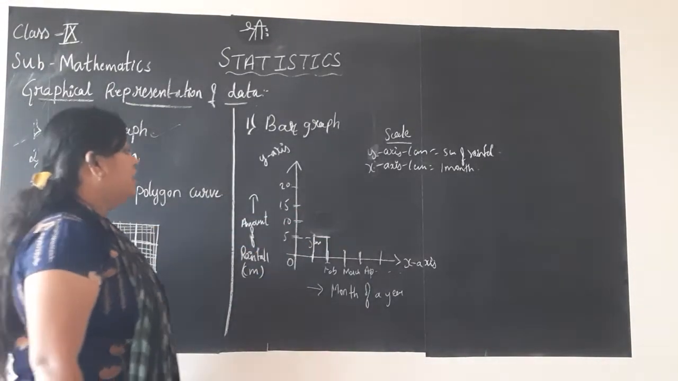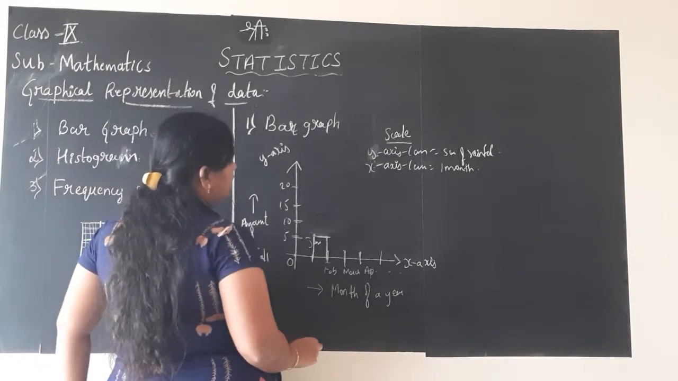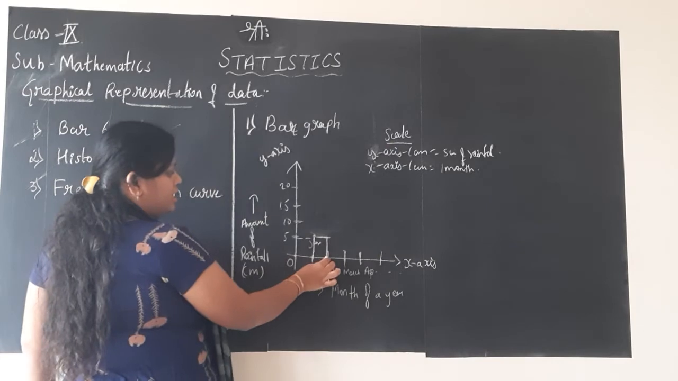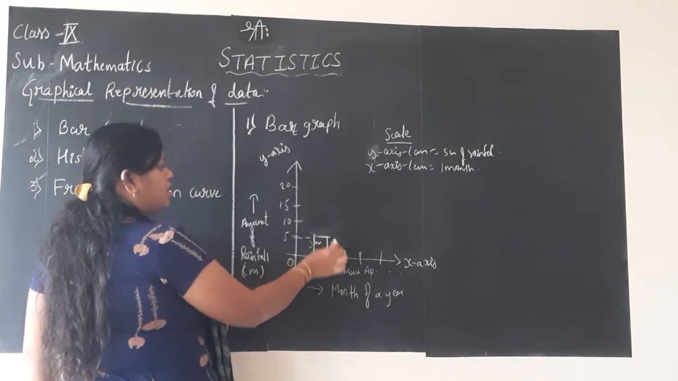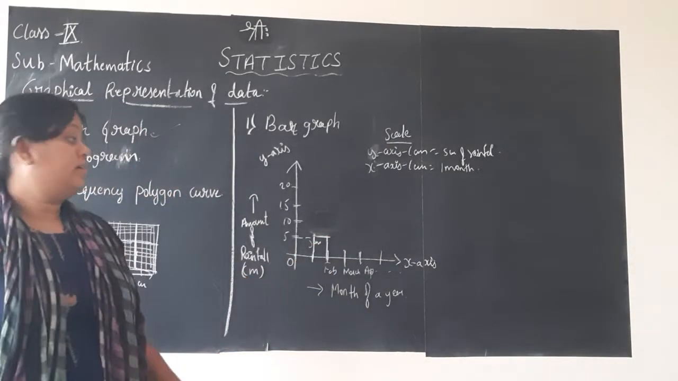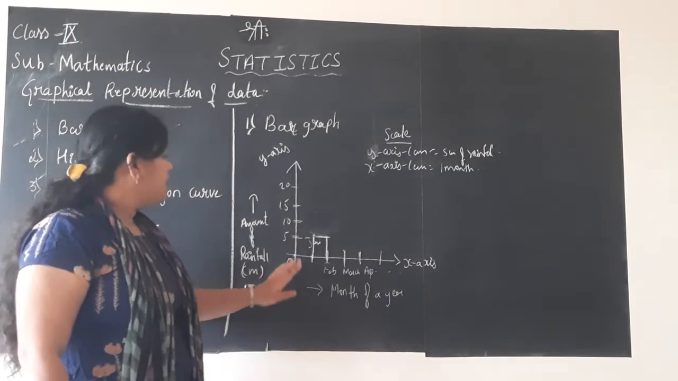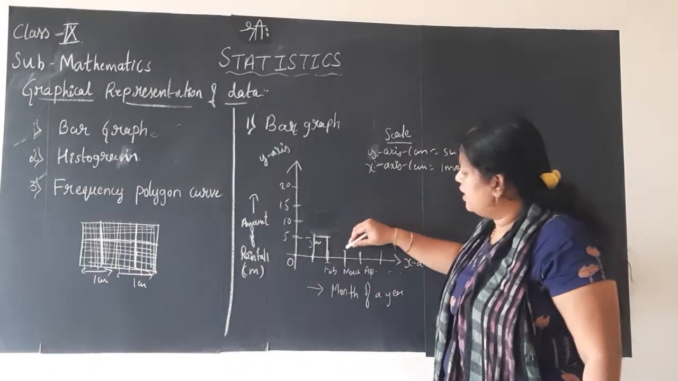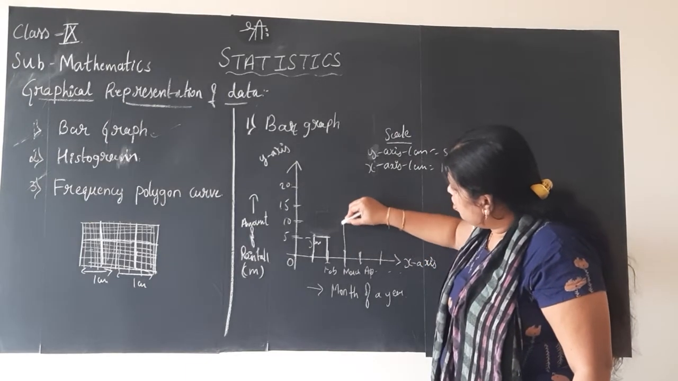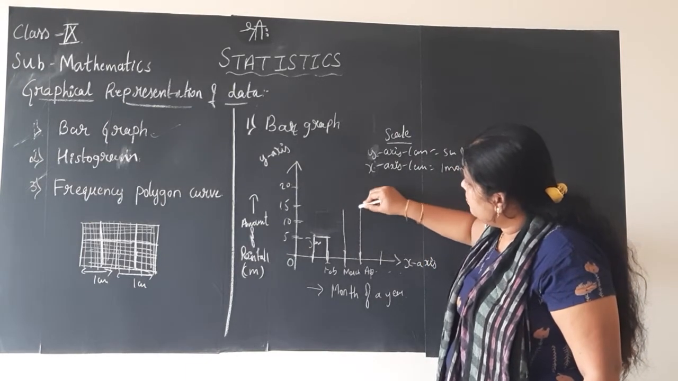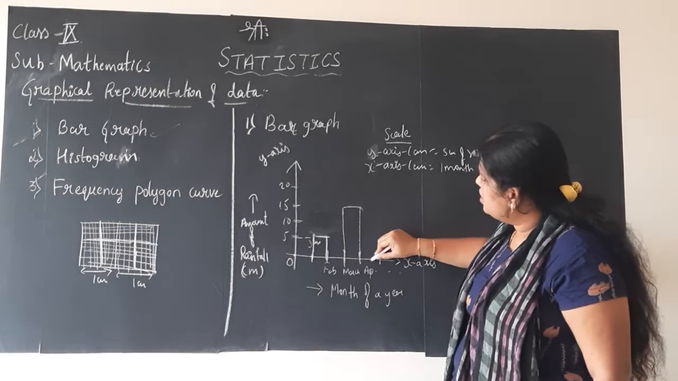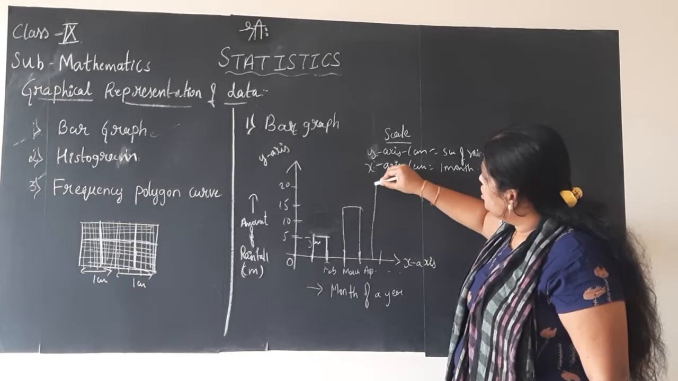Like this. Next, February to March, the rainfall was about 15 centimeter. Andre, this line only you will extend. No, that is in histogram. Sorry, in the case of a bar graph, children, whenever you are representing the data, for 15 centimeters you will choose up to 15, and like this you will draw the bars. The bars what you draw